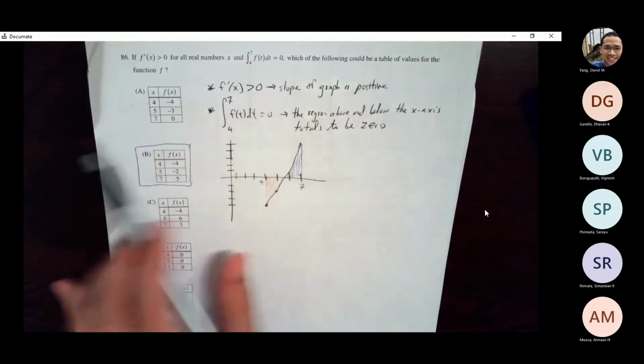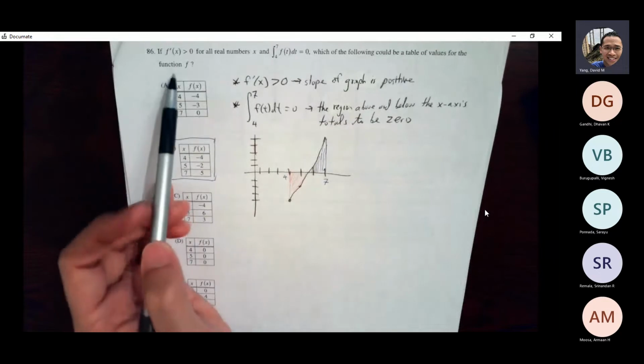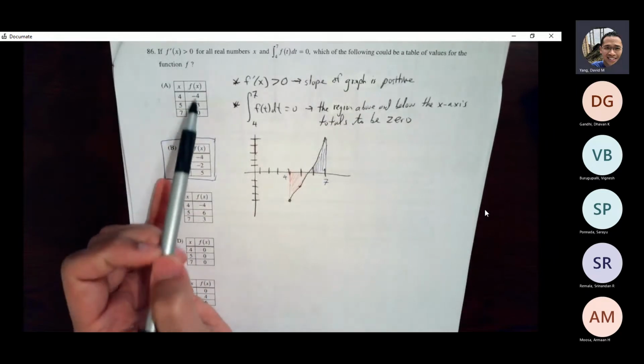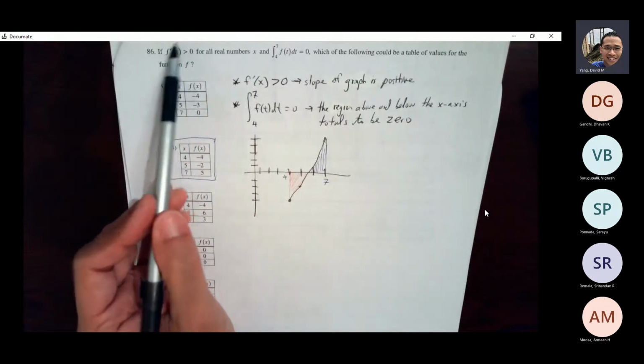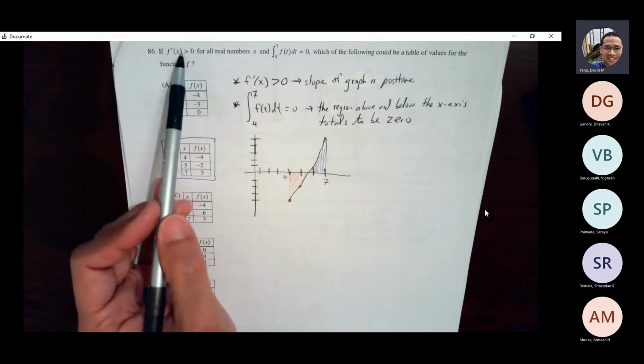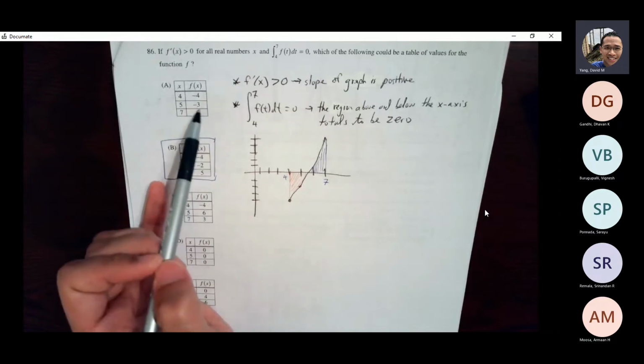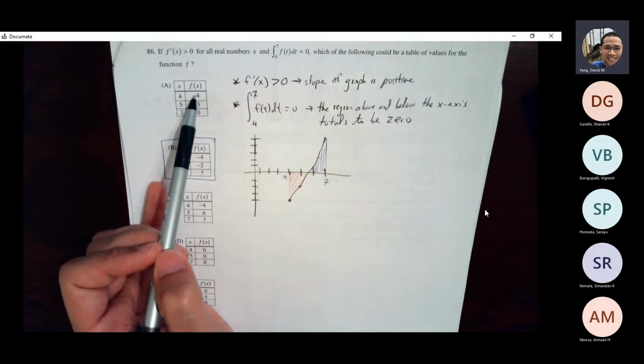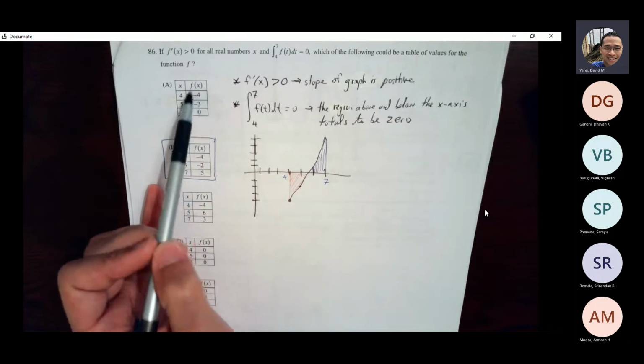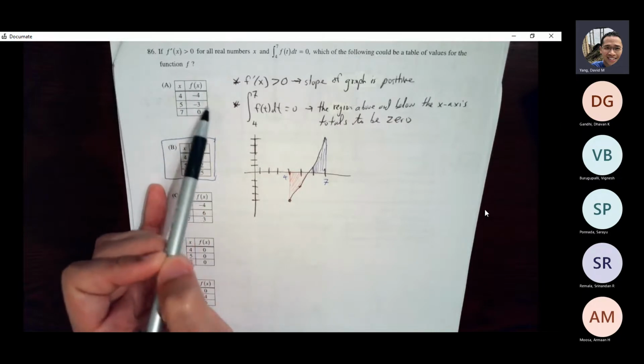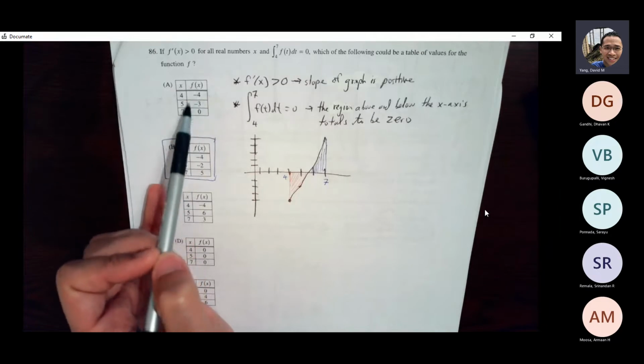Okay, so how do we know which answer choice to choose? We can use some of these y values to help us out here. We know that our slope is positive for the entire graph, so from negative 4, negative 3 to 0. The issue is that this entire graph is below the x-axis. And if this is all below the x-axis,